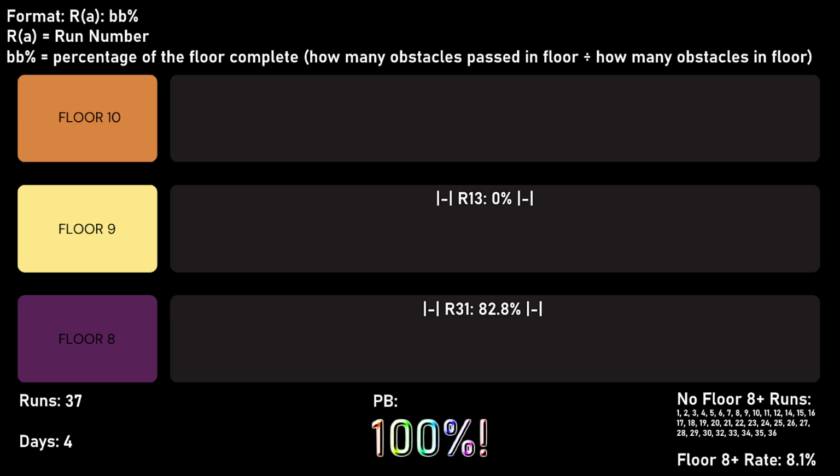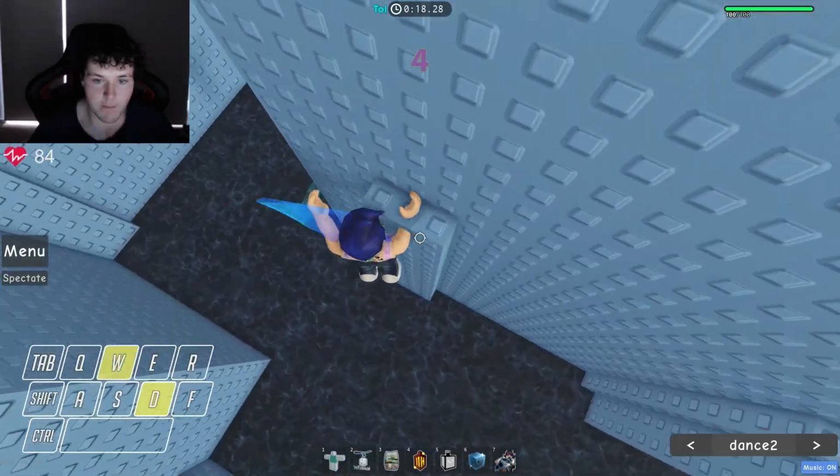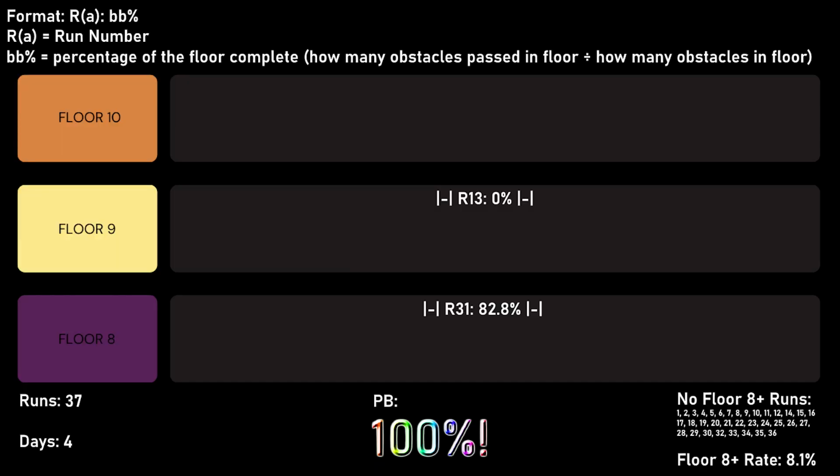So, yeah. Anyway, I promised I'd count how many runs I lost to this one particular fail that I'm showing on screen right now. I ended up losing 22 runs to that. So that's over half. That's 59.5% of runs I lost to that jump. Over half my runs. If that jump didn't exist, maybe I'd only actually have like 15 runs or something on this tower. But anyway,